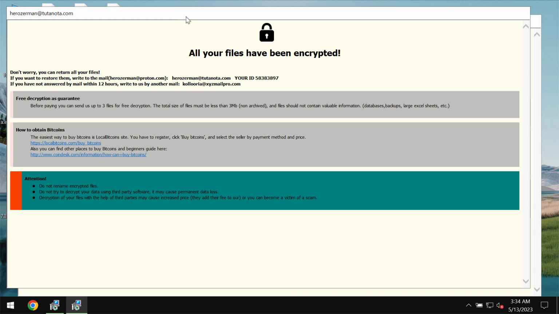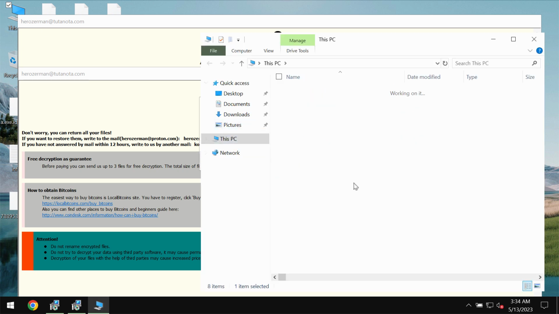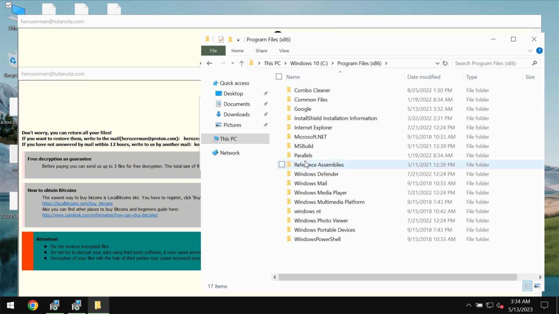Paying the ransom, of course, is not a good idea. This does not guarantee the file restoration. So if you pay the ransom, you may just waste the money. Don't pay it. We strongly recommend that you remove this ransomware with the help of a reliable anti-ransomware program called